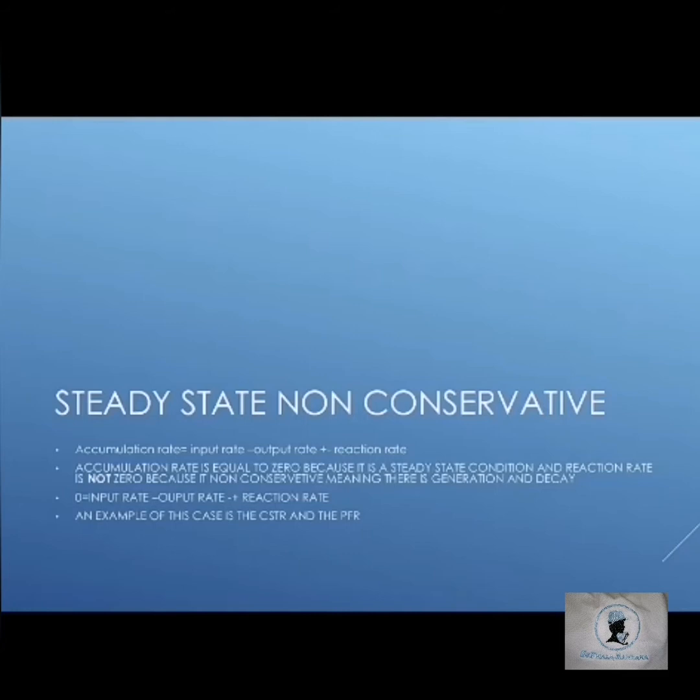You can go on to the textbook and read about the reactors. So PFR means plug flow reactor, and the CSTR means completely stirred reactor. I will do an example where we'll be comparing the two, which one is more effective and all that. But please read in the textbook. And if you do not have the textbook,